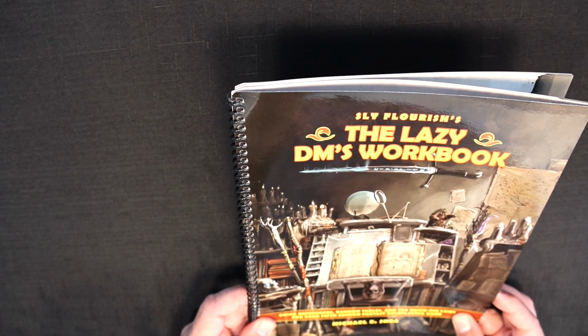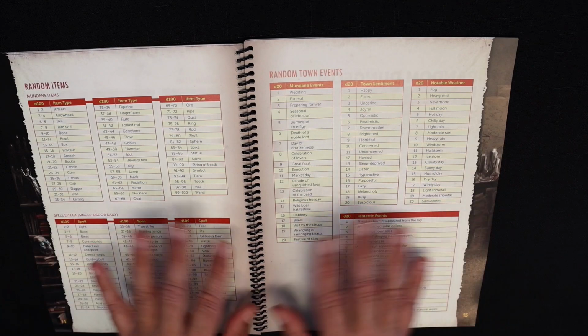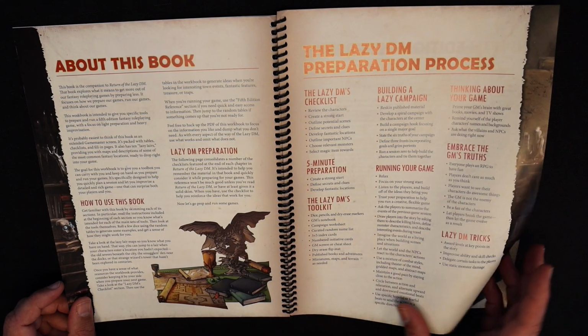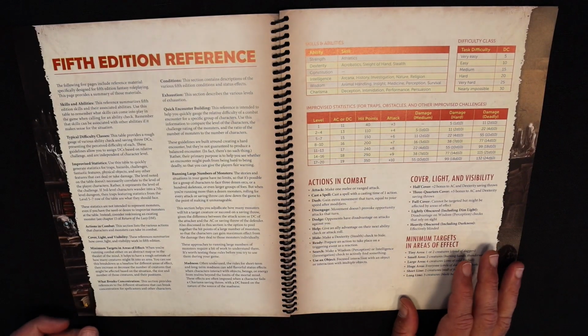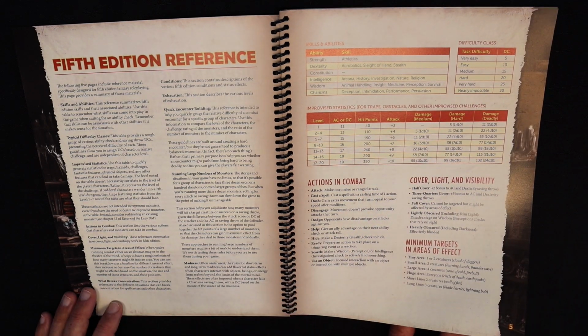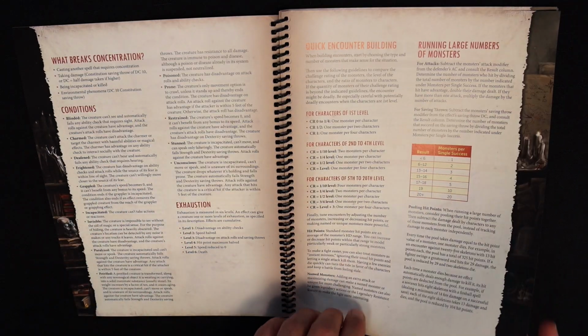This is The Lazy DM's Workbook by Michael Shea, and I generally don't like spirals, but this is great because it lays flat. You can also fold it back and just access the charts you need. So inside, the Lazy DM preparation process, how to prepare in 5 minutes and build your lazy campaign, 5th edition reference tools, skills, abilities, difficulty, classes, improvised stats for traps, obstacles, and other challenges, what breaks concentration, conditions for spellcasting,